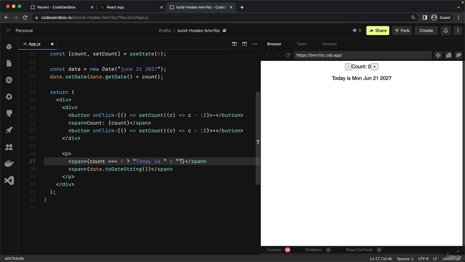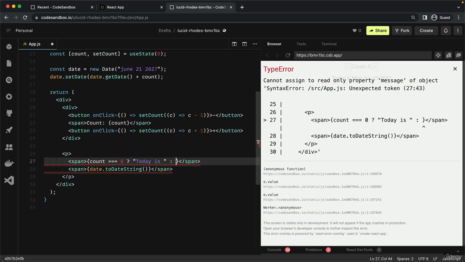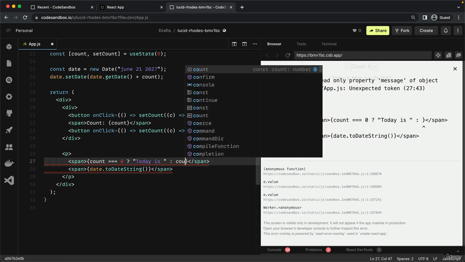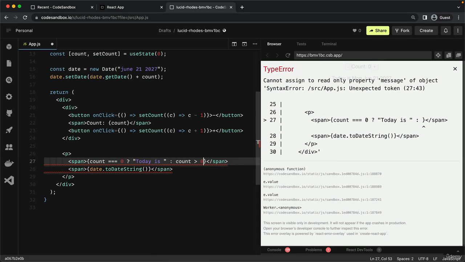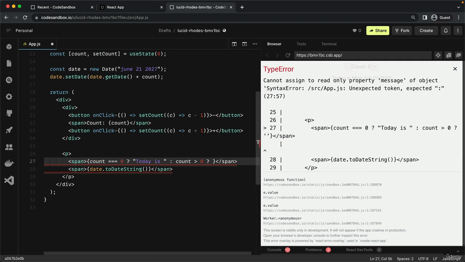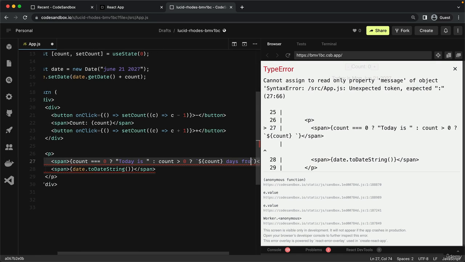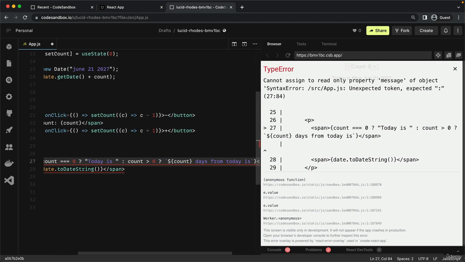Now using nested ternaries is quite ugly and can be quite unreadable. So usually I advise against using that. But well, here let's just break that rule. So basically here we have the else branch. And so then here we can ask if the count is greater than 0, then the string should be, let's use a template literal, then the count days from today is,